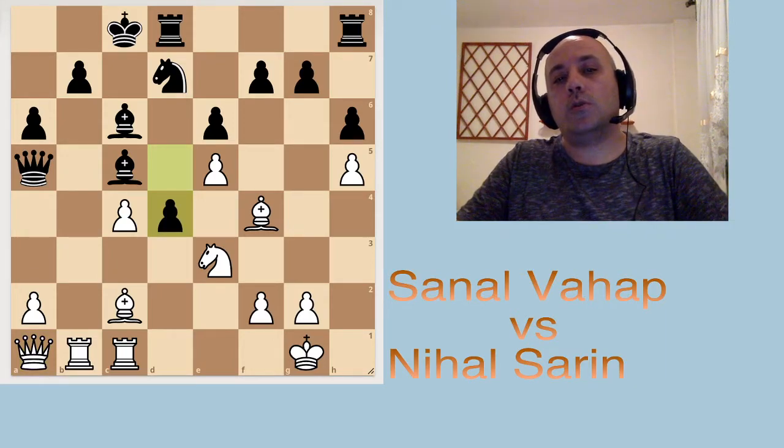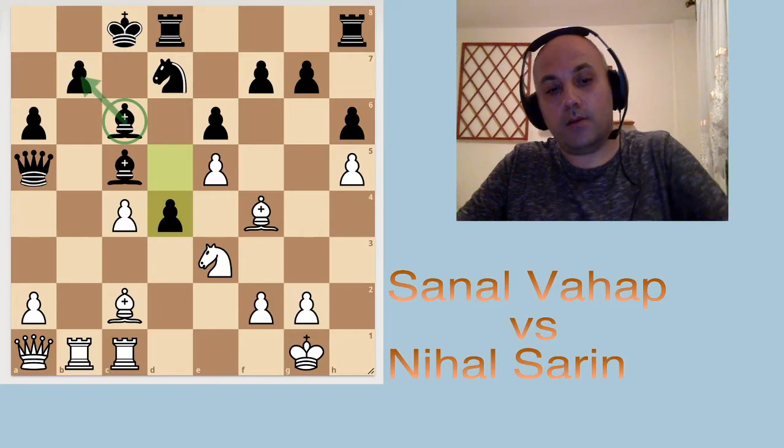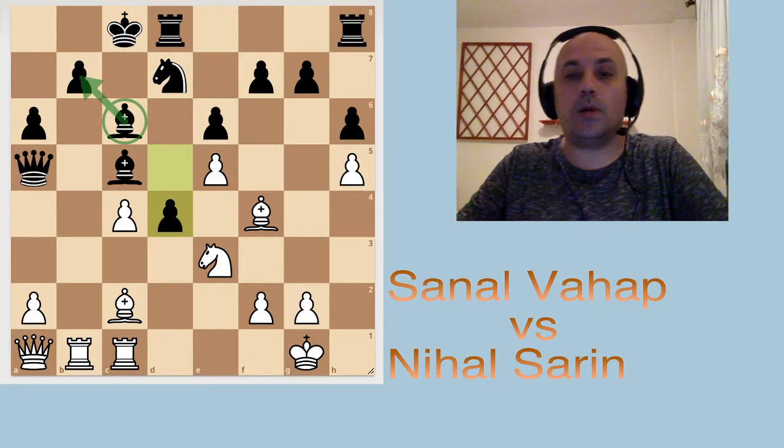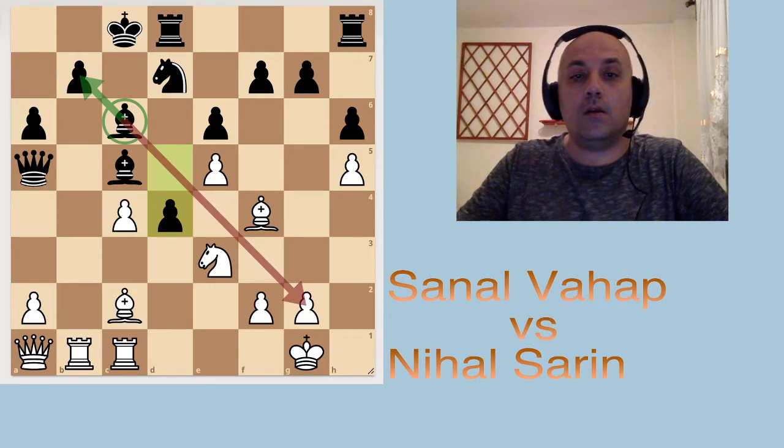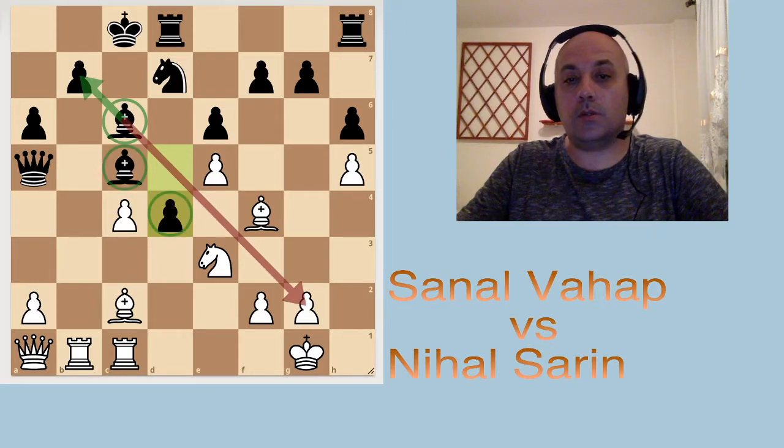So what's going on? This bishop is a monster. It defends the king and attacks white's king, which will be decisive later. This bishop is no worse. It protects this pawn, and also it looks at white's king. Let's see. Here,